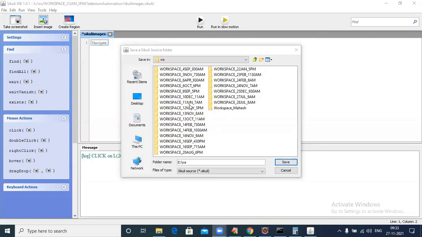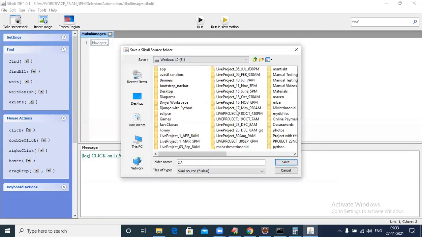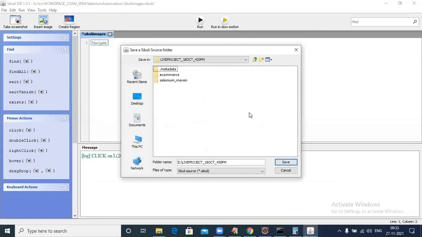So here, sir, I want to go to the live project, 18th October 4:30 p.m. Just 5 minutes. Once it is over, I will start Jenkins. Sir, in Selenium Maven, take a folder, sikuli images.